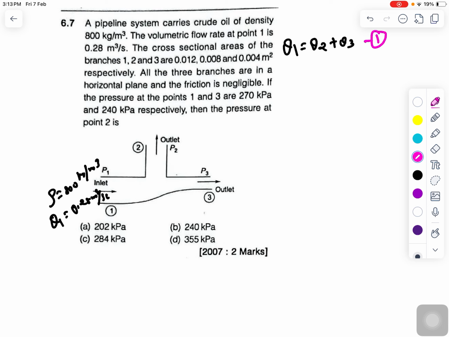And the cross-sectional area is given to you, and you can calculate the velocity at point 1. So what is v1? v1 is equal to Q1 divided by A1. So what is Q1 there? Q1 is obviously 0.28, divided by 0.012. So the value of v1 from this equation you can get is